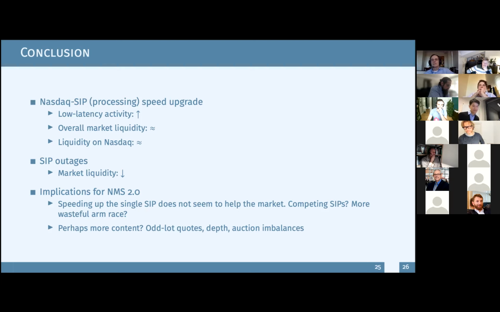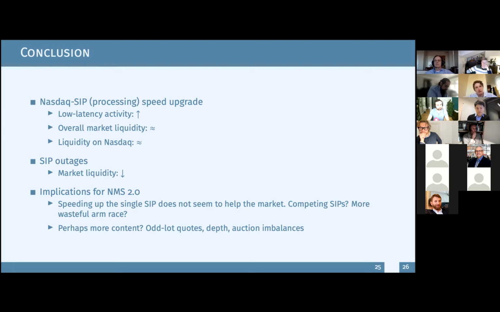Let me just add a point about that. Historically, the consolidated tape has not had a unique identifier on it that allows a trader to match their trade to a quantity and price that shows up as a trade on the consolidated tape. And similarly, you can't really match your bids and offers to the bids and offers that show up on the consolidated tape. So do you think that the consolidated tape should have that capability?